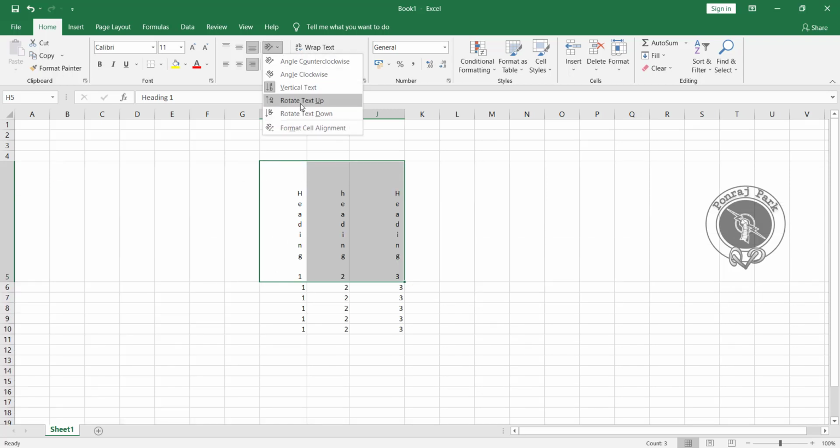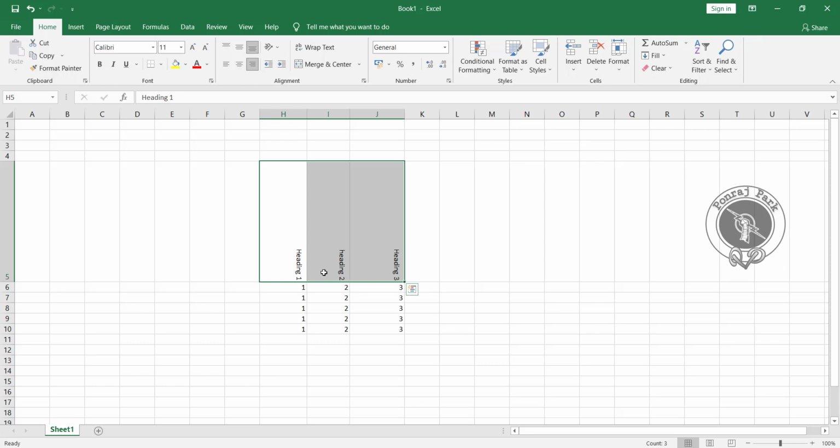And if you want to rotate that text, you can rotate it upside, and then you can rotate it down. It was facing first to the right hand side, now it is facing to the left hand side.